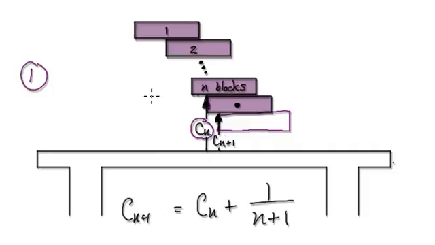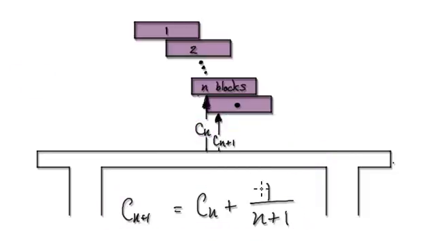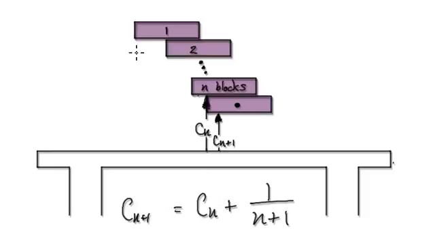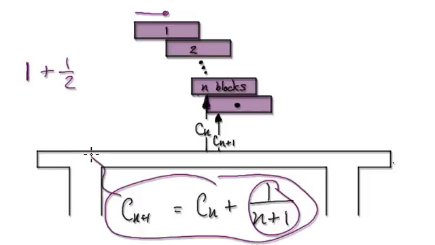One, the structure will never collapse, and the other thing, which we've seen in the previous video, is that it will lead you to this recurrence relation. So if you keep on applying this recurrence relation, it also implies that the structure will never collapse. If you apply this recurrence relation, for one block, the center of gravity will be at 1. If you add an extra block, the next one will be a half.